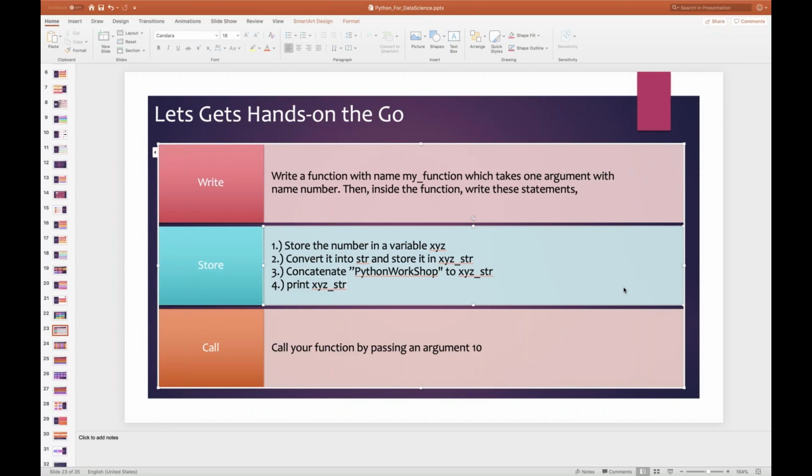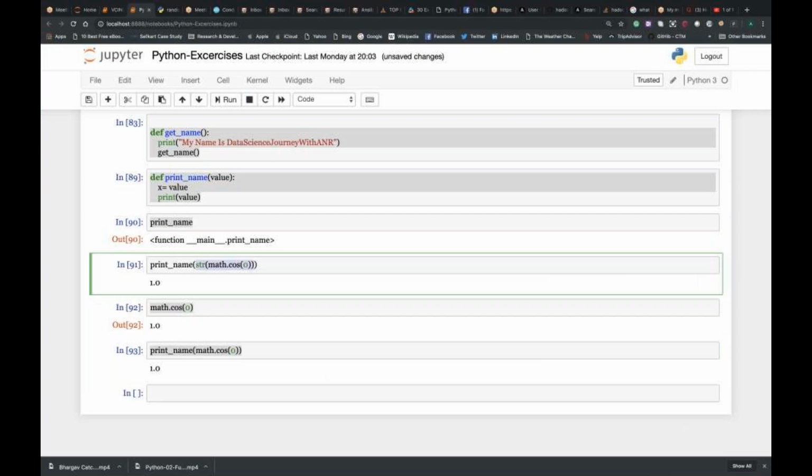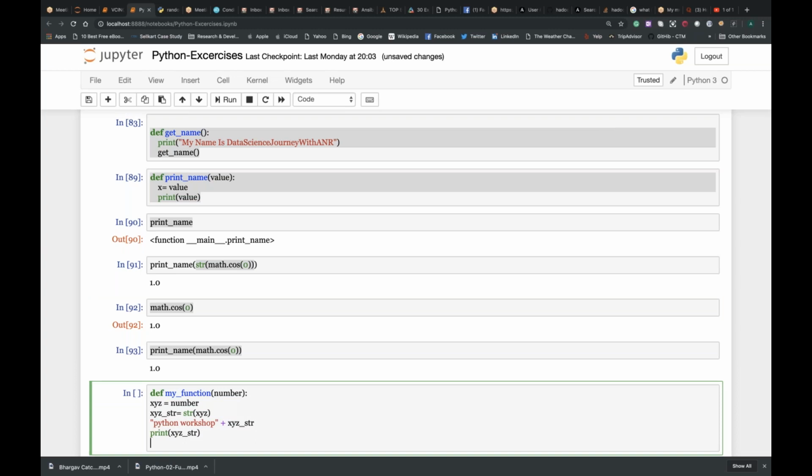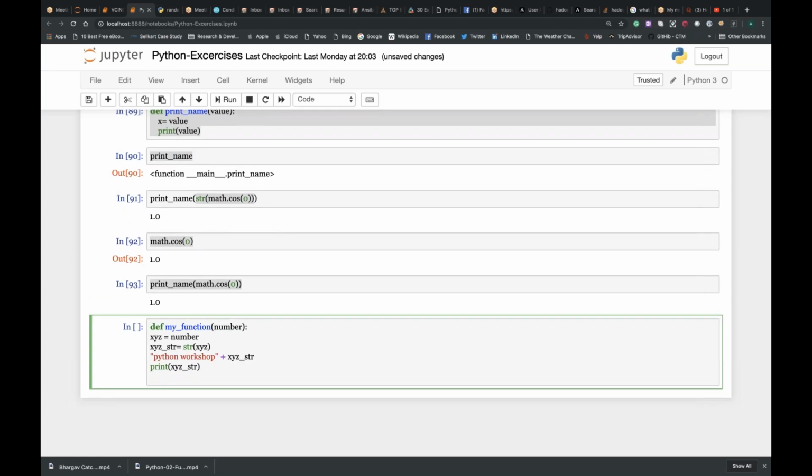Now, you wrote this, which is perfect, but instead what you need to do is you just have to say xyz_str is equal to xyz_str plus Python workshop and then print xyz_str.